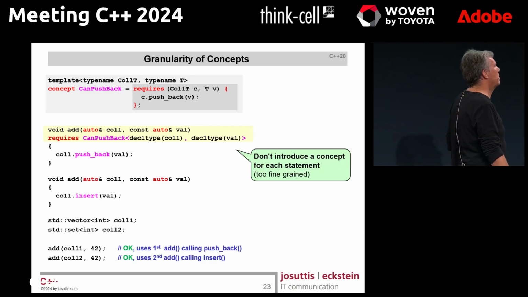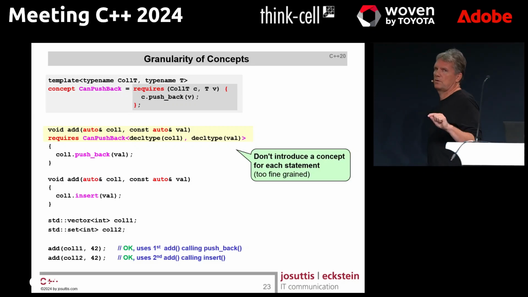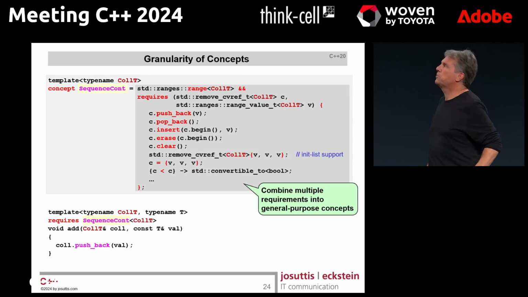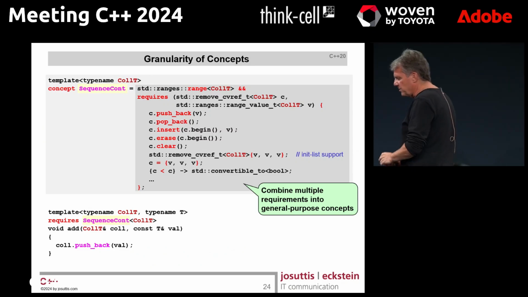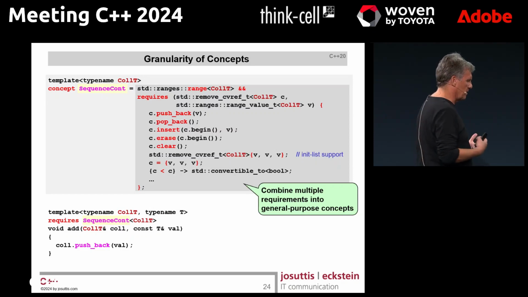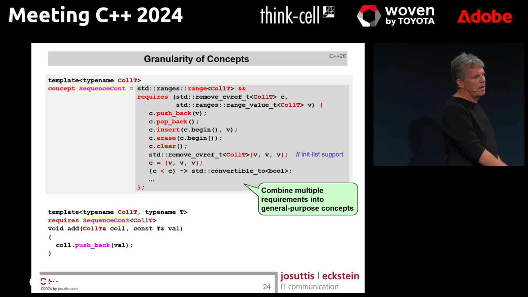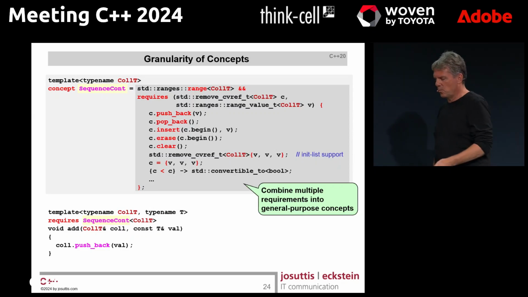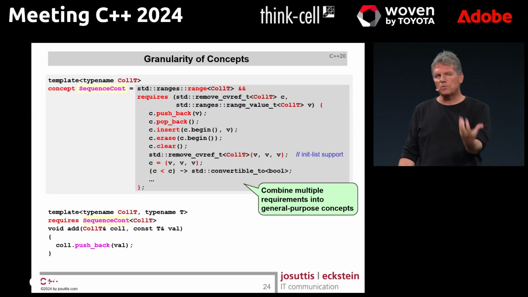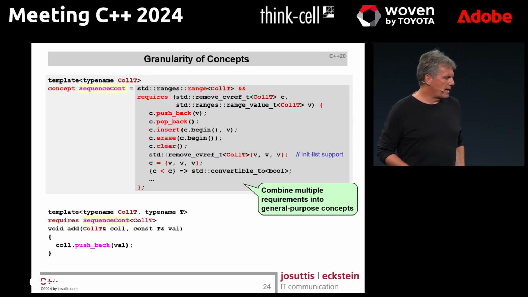So don't write concepts that fine-grained as I used here to introduce the principles. That might be a good approach. You might say, oh, let's introduce a more general purpose concept that in general says, is it a sequence container? Is it a container where the elements are stored one after the other, where you can specify, I want to have this element in the front or in the back, so you specify the location, the position of an element? And